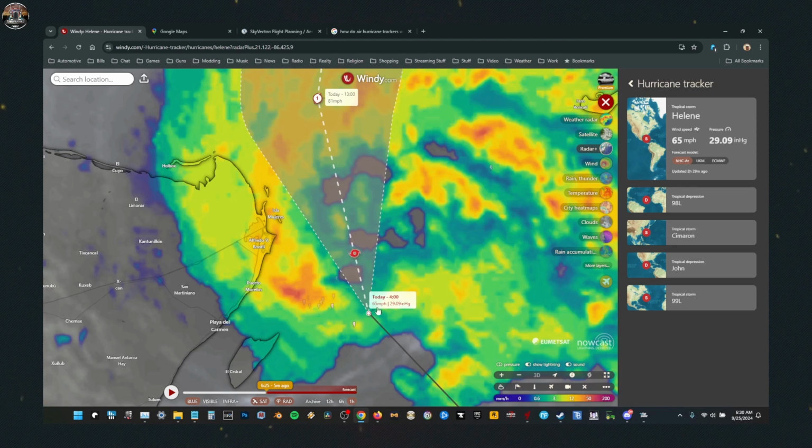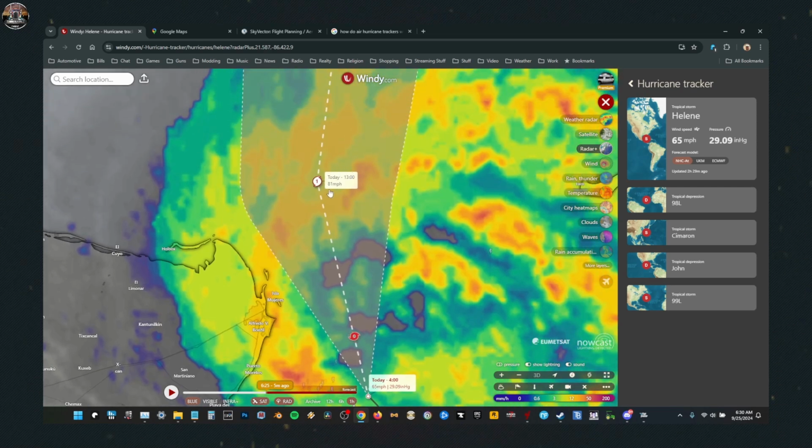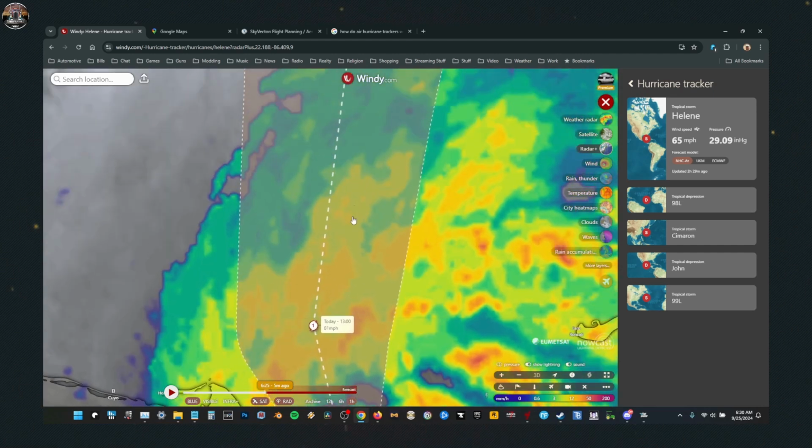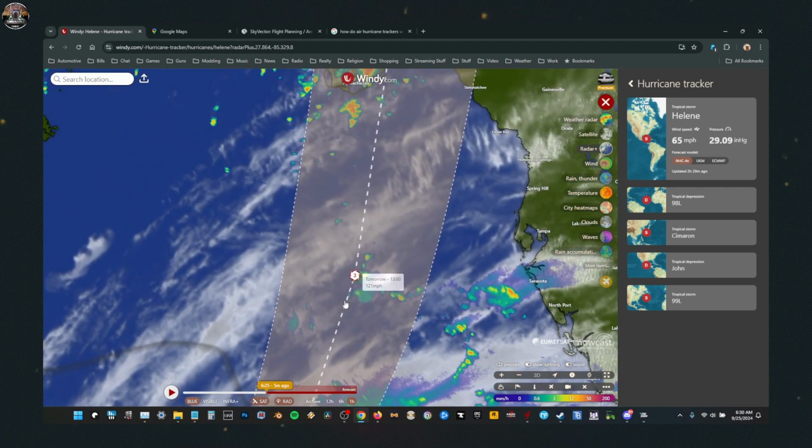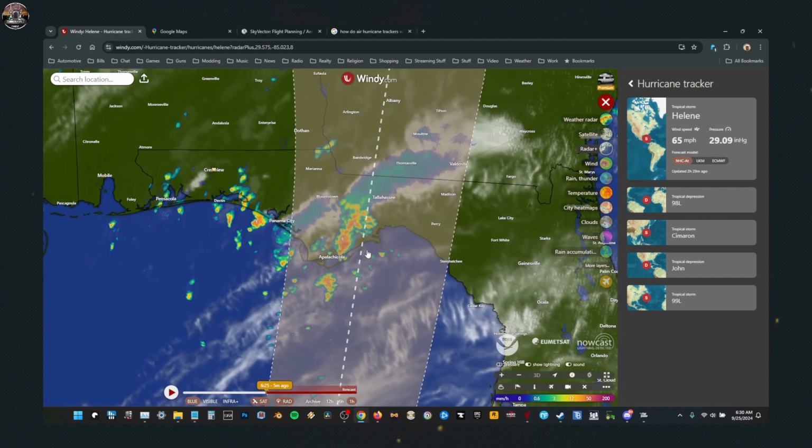4 a.m. it was down here. They're predicting by 1 o'clock today that it will be a Category 1 at 81 mile an hour hurricane, and as it comes up, I'll zoom this out a little bit for you guys. By tomorrow at 1 o'clock in the afternoon, it'll be a Category 3 with 121-mile-an-hour winds, and it's predicting